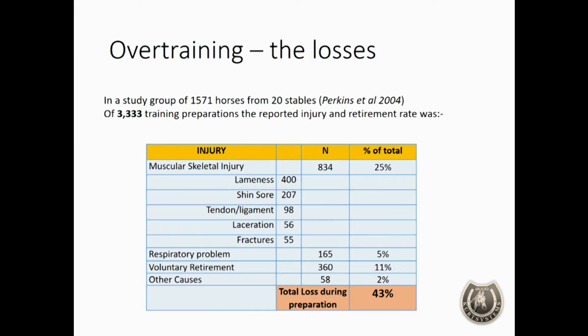However, overtraining is a problem. Published statistics from studies into racehorse overtraining show around 40 to 50% of preparatory training results in the horse being retired or spelled. So this table is based on a study from New Zealand. And as you can see, this is working. It's of